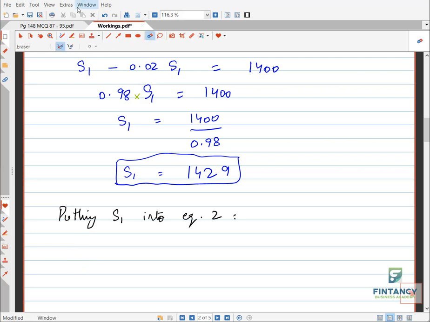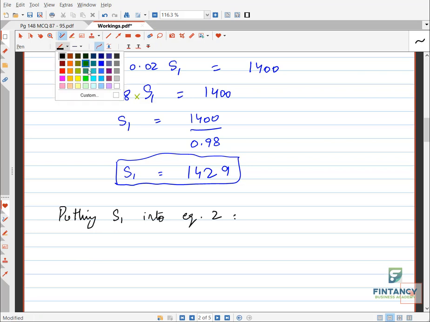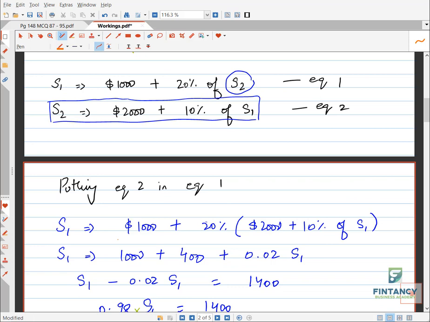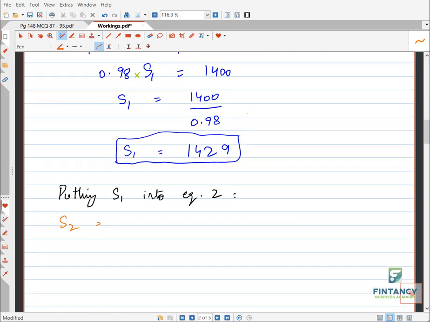For S2, I will use another color. Let me take this one. So S2 was 2000 plus 10% of S1, right? So 2000 plus 10% of